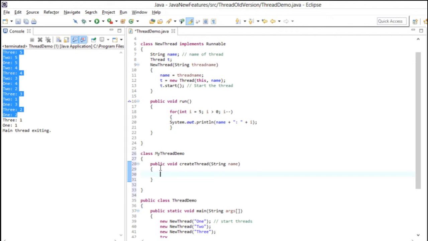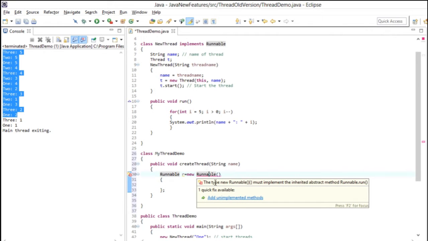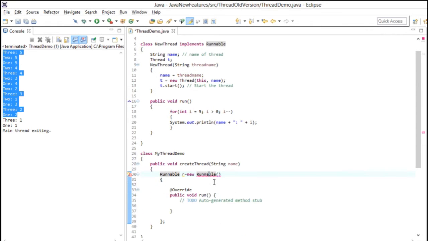So what I am going to do is create an object of Runnable. Let's first create the object: Runnable r equals new Runnable, and I'm going to use the anonymous class fundamental, so I have to add the unimplemented methods over here so that my overridden method is also here.